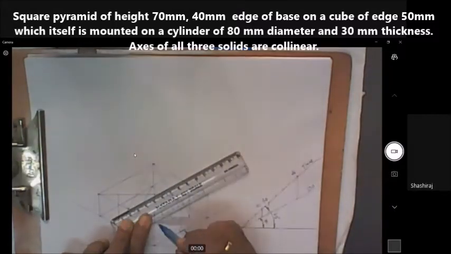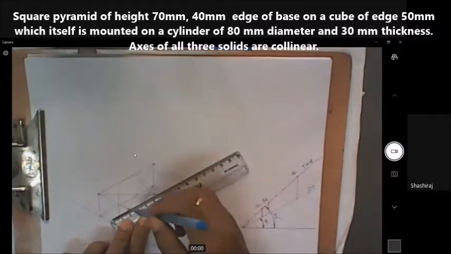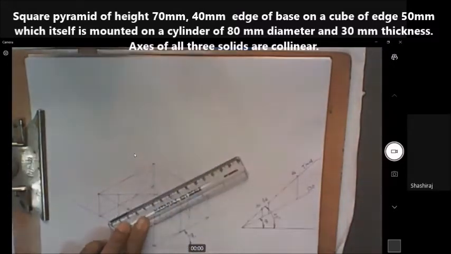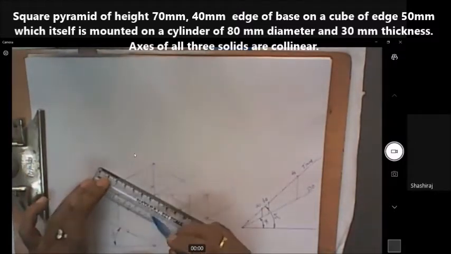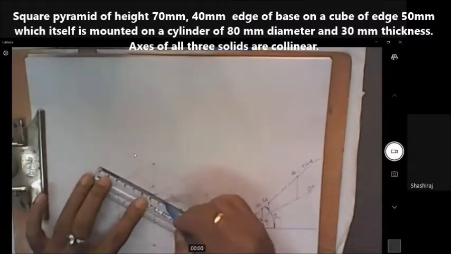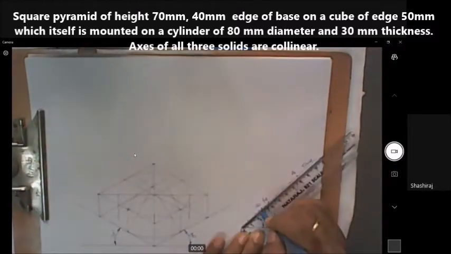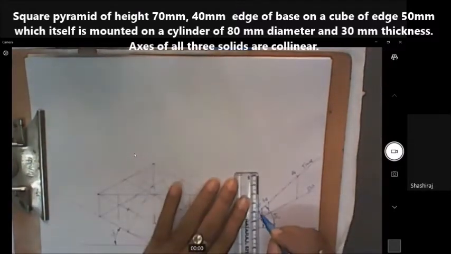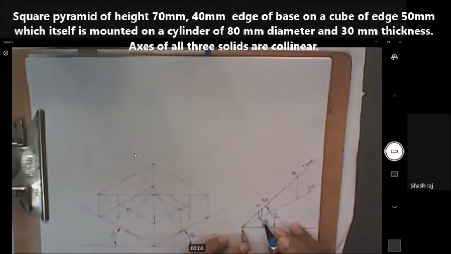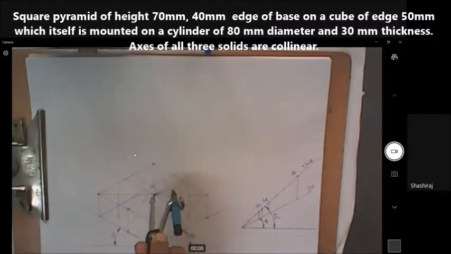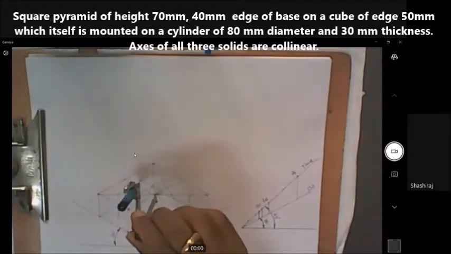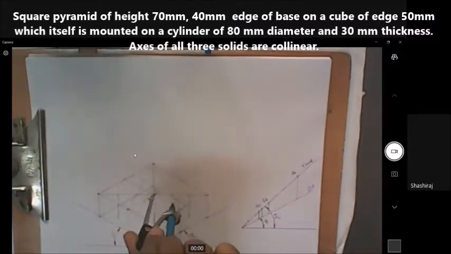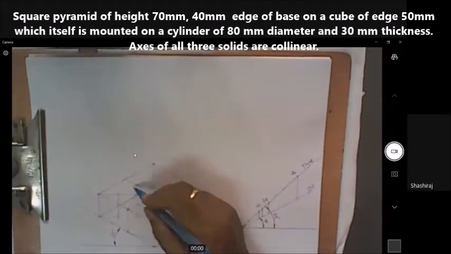This axis will be parallel to this edge or this line, so I can easily draw. I'm drawing an axis here, and another axis I should draw that will be parallel to this edge. So I am drawing the second axis. So 25 is here, and I will draw a vertical line there to get the ISO 25 mark. I'm taking ISO 25 here. This is ISO 25. Side of the axis I am marking a point, and on the other side also I am marking the point, and on the other axis also I need to mark 1 point here, and opposite side also 1 point. And don't join these points directly.